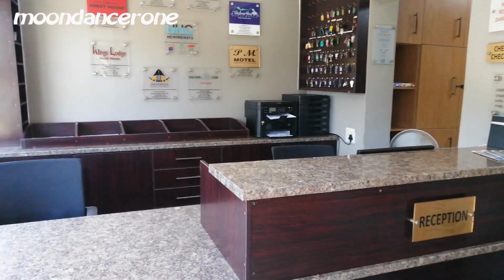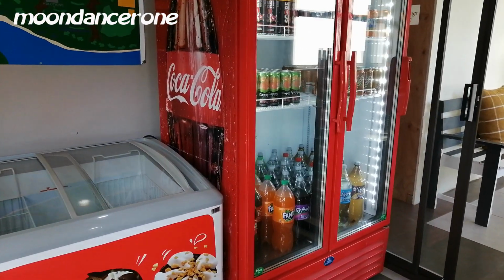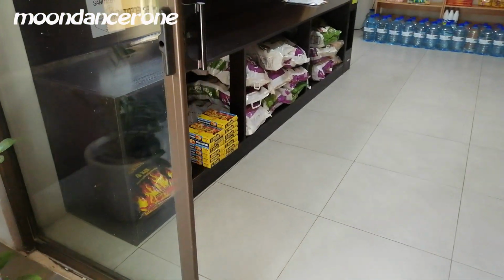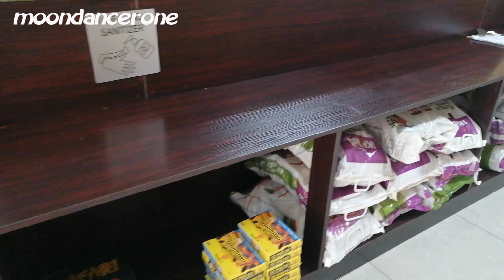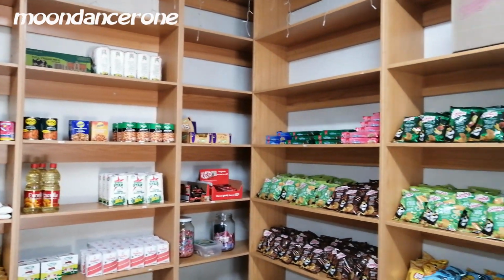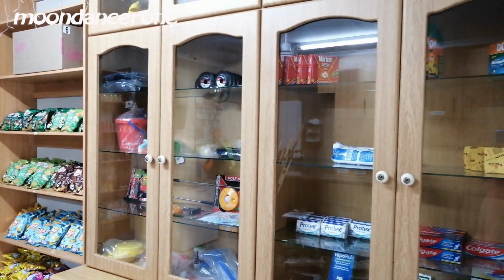Reception area. And fridges with cold drinks. And an ice cream fridge. And the necessary charcoal, firelighters, wood, water, and a good variety of food stuff, chocolates, chips, some fishing tackle things,